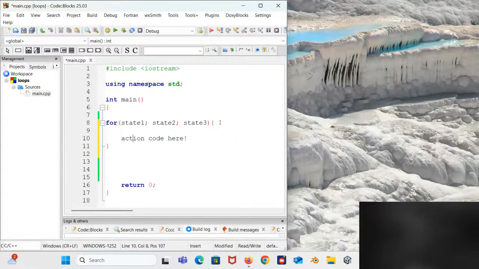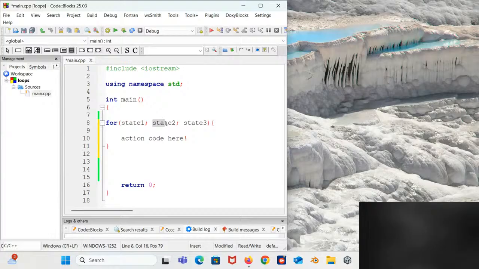So what is going to happen is that when I run this for loop, statement 1 will be executed one time. Then statement 2 defines, most of the time, the condition, since for the for loop you won't have a while condition.